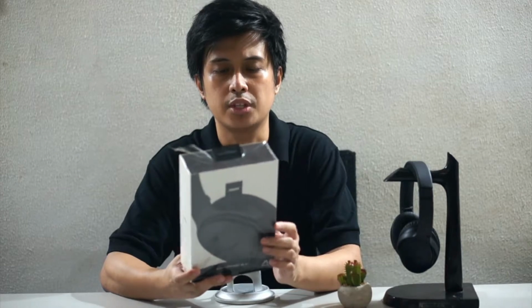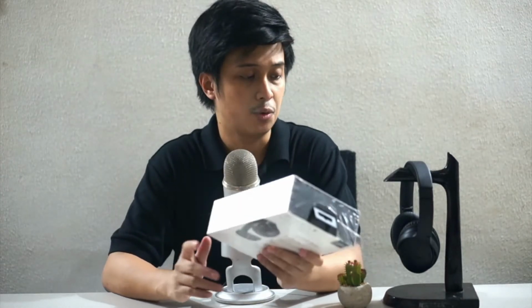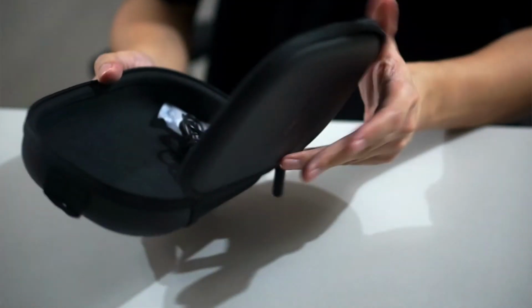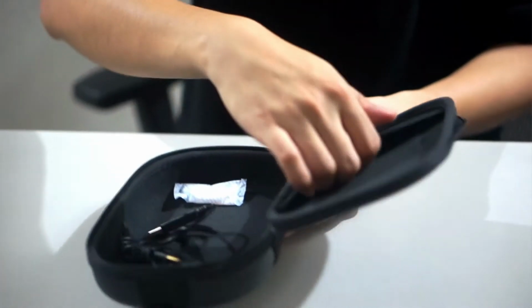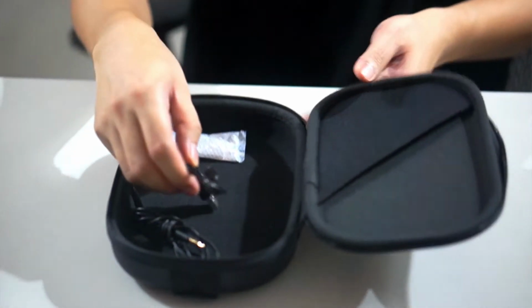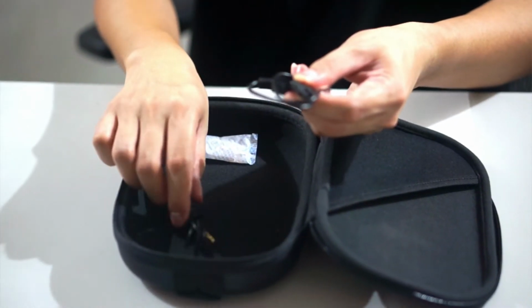It comes with this small box. If you'll notice, this is much smaller than the newer QC's Bose 700 headphone, and it's because the headphone kind of folds, which I'll show later. The carry case is more compact as well and is hard-sided, which is nice. It comes with some cables, namely the 2.5 to 3.5 millimeter cable, and then the USB charge. This is not USB-C because this headphone was released some time ago, and back then it's not the sort of